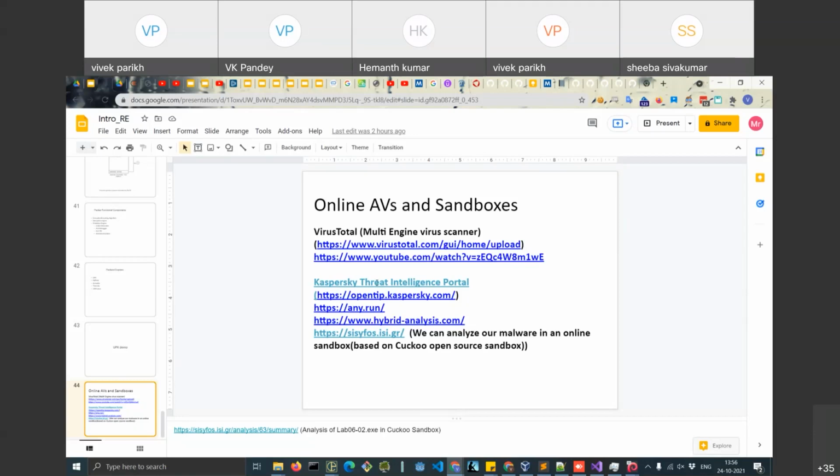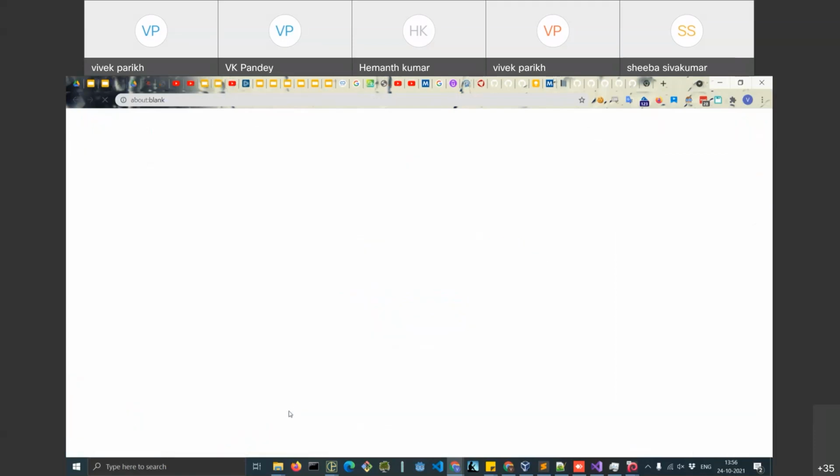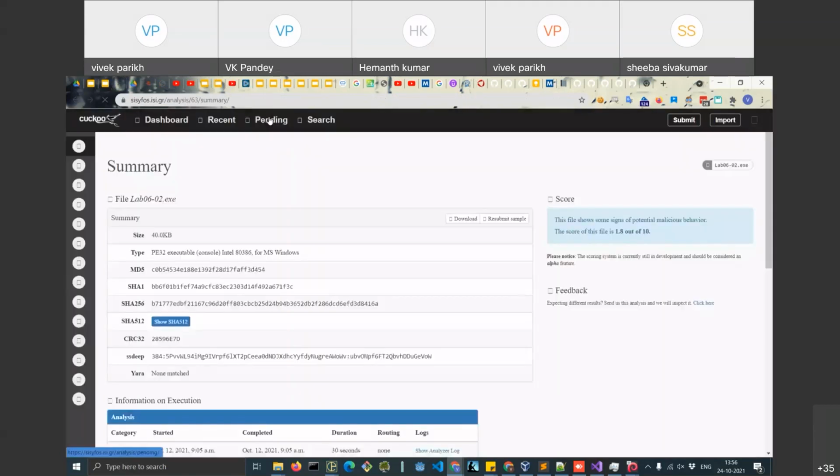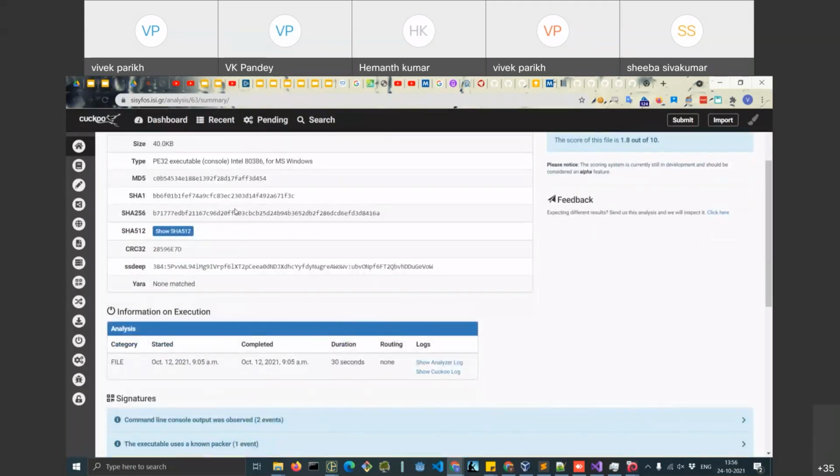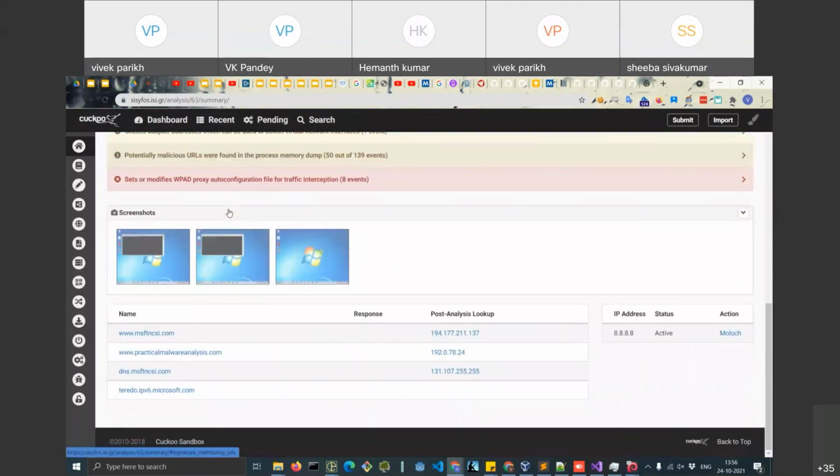Okay. This is just the analysis of lab 6.2 in Cuckoo Sandbox. So this is an online Cuckoo Sandbox. What I had done earlier is submit this file for analysis on this particular website. Cuckoo Sandbox generally does some static and dynamic analysis on the memory.